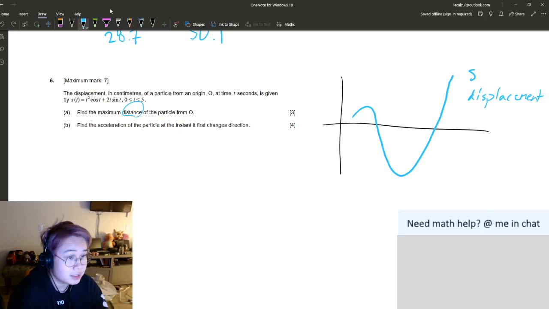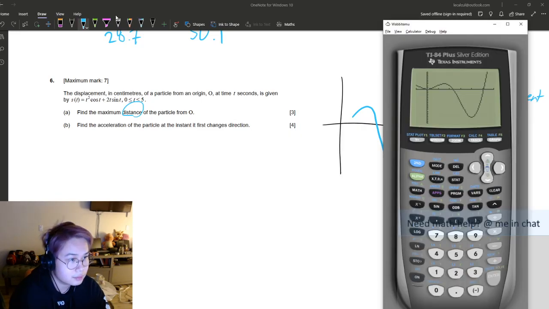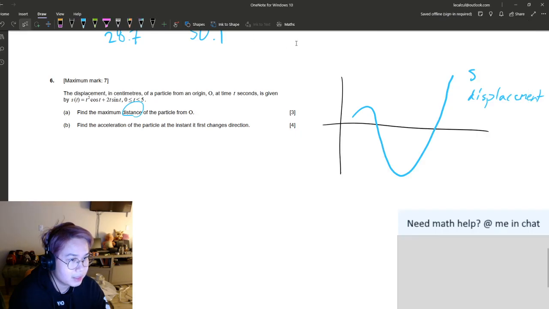Displacement is a vector, and so it measures where you are in comparison to, say, the origin where you started. So anything that's positive means that you're to the right of where you started, and anything negative is to the left. So what I need to do is compare, regardless of the sign, the largest value. So this is not going to be a maximum distance, even in comparison to over here. What I need to compare is the value at my boundary,